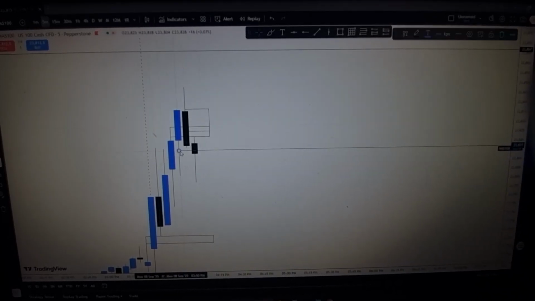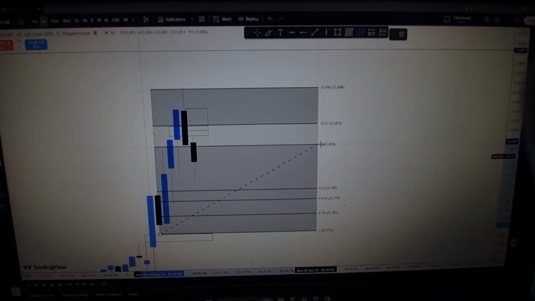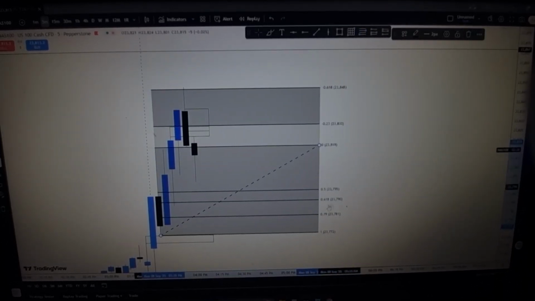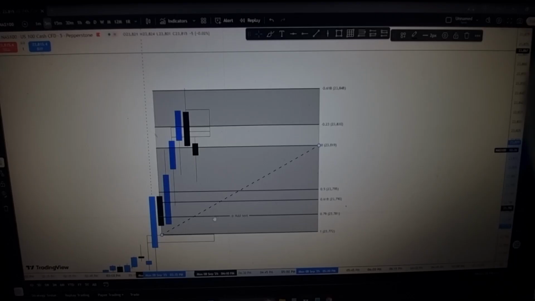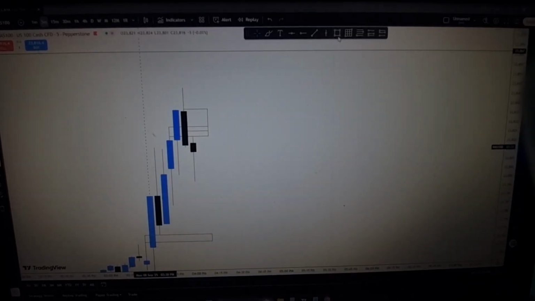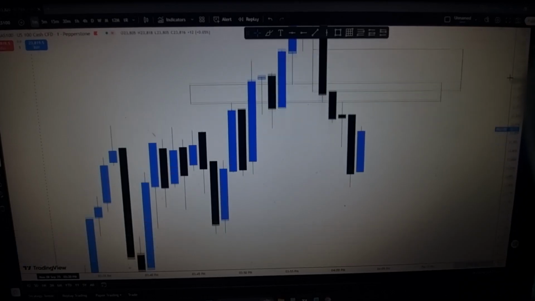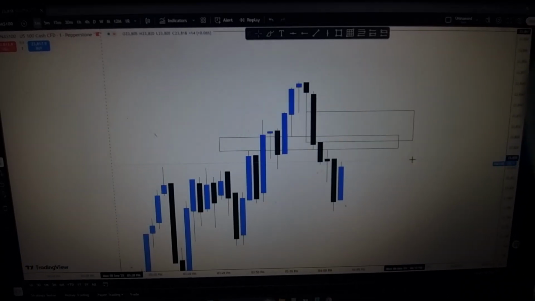Okay, and we did, if I'm not mistaken, no, not yet. Okay, so this the 79 extension we want to close below for me to be willing to take a short, but I don't think that's gonna happen in my time frame that I'm trading. So yeah,